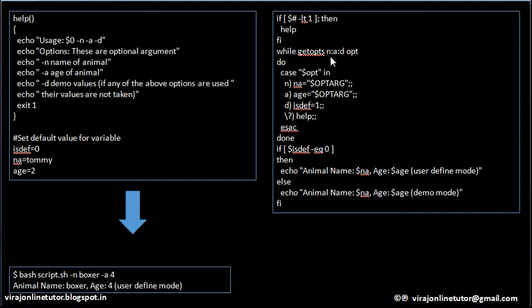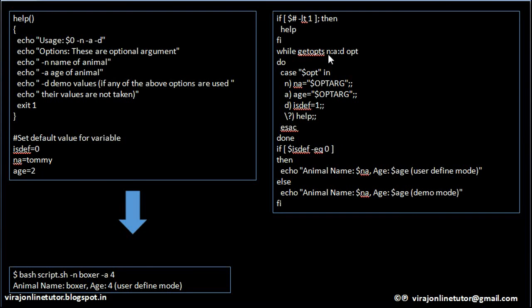So please notice here that I have used n, a and d, which are the three optional parameters that I am supporting, and separated with a colon sign. So I need to specify them after getopts with colon separating these three options.